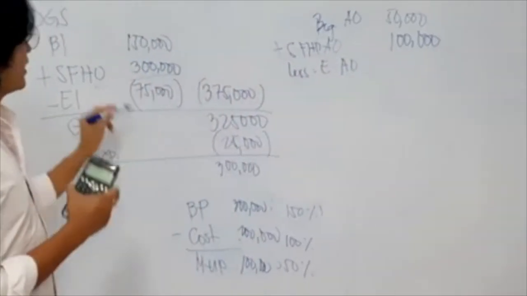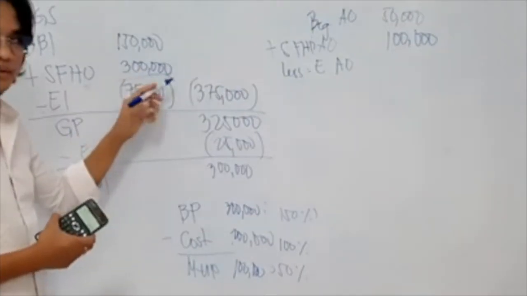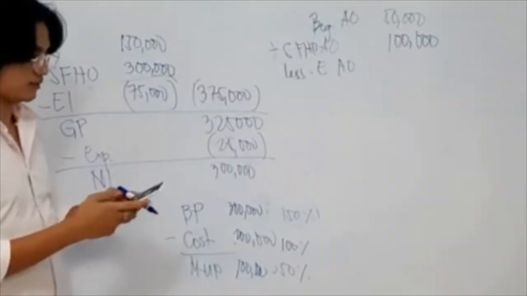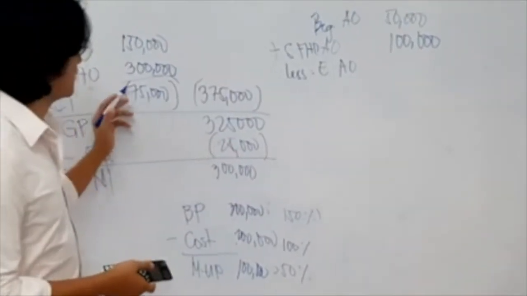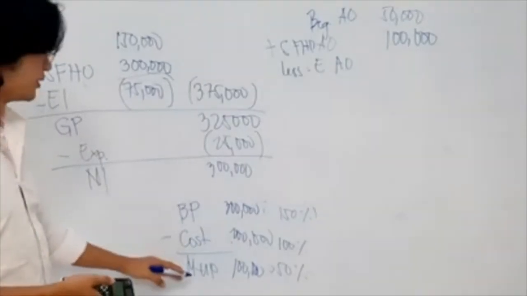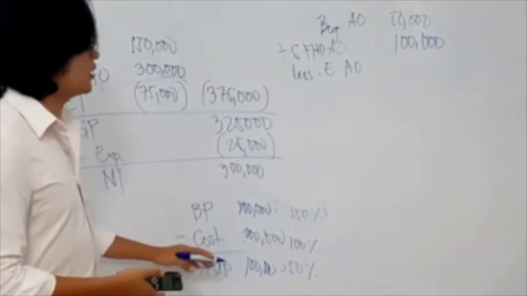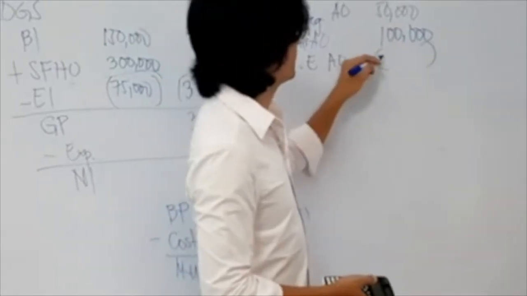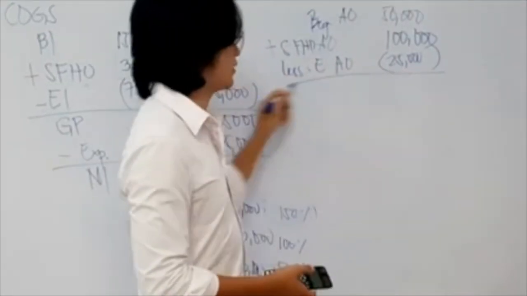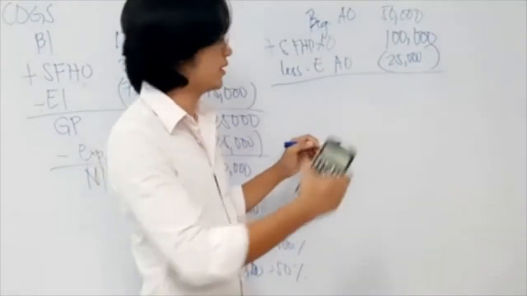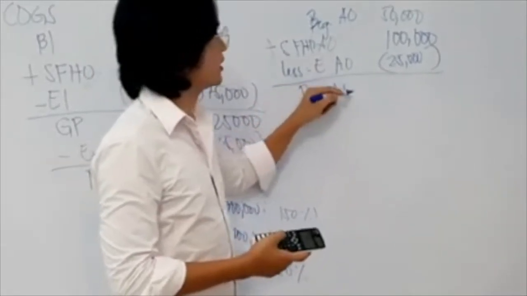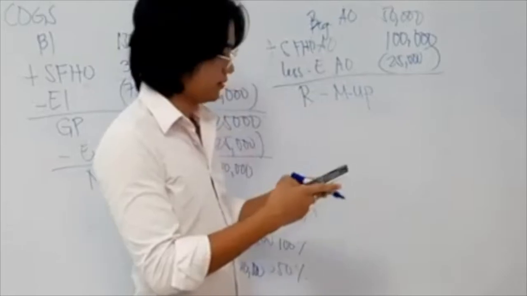So our ending inventory is presented at build price. Same process, 75,000 divided by 1.5, we get 50,000. So 75,000 build price, cost is 50,000. That will give us our markup, 25,000. So we deduct 25,000 because it still remains in the ending inventory. It has not been realized yet because the inventory has not been sold yet. So the realized portion of the markup or overvaluation is,